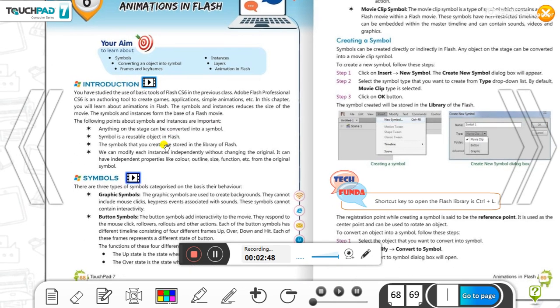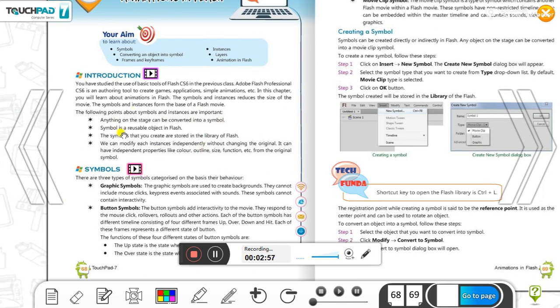There are some important points you must take care of about symbol and instance. First point, anything on the stage can be converted into a symbol.